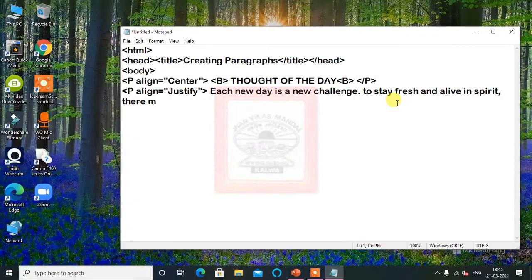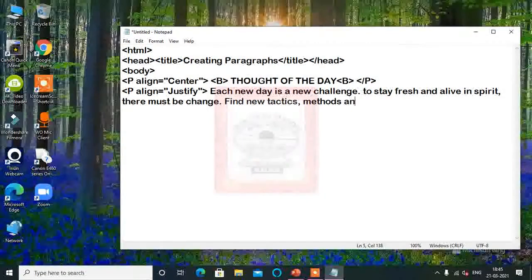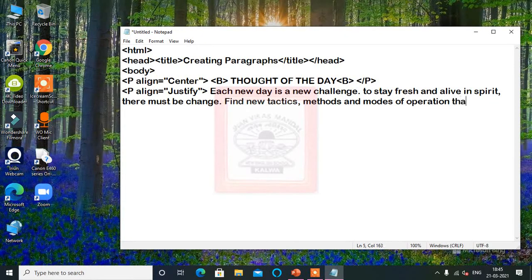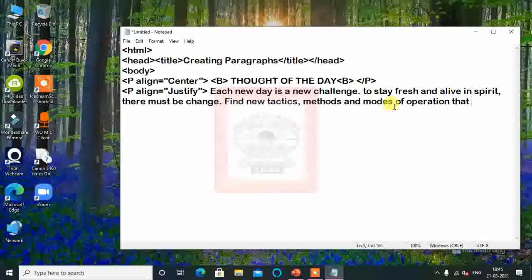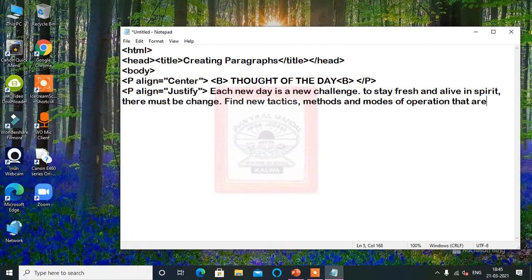It will take whatever the web page size or screen size allows. On my screen the text is coming like this, but not necessarily will it come in the second line for you. It depends upon the screen size of your computer. This is the paragraph I'm typing from page number 57 of your book.